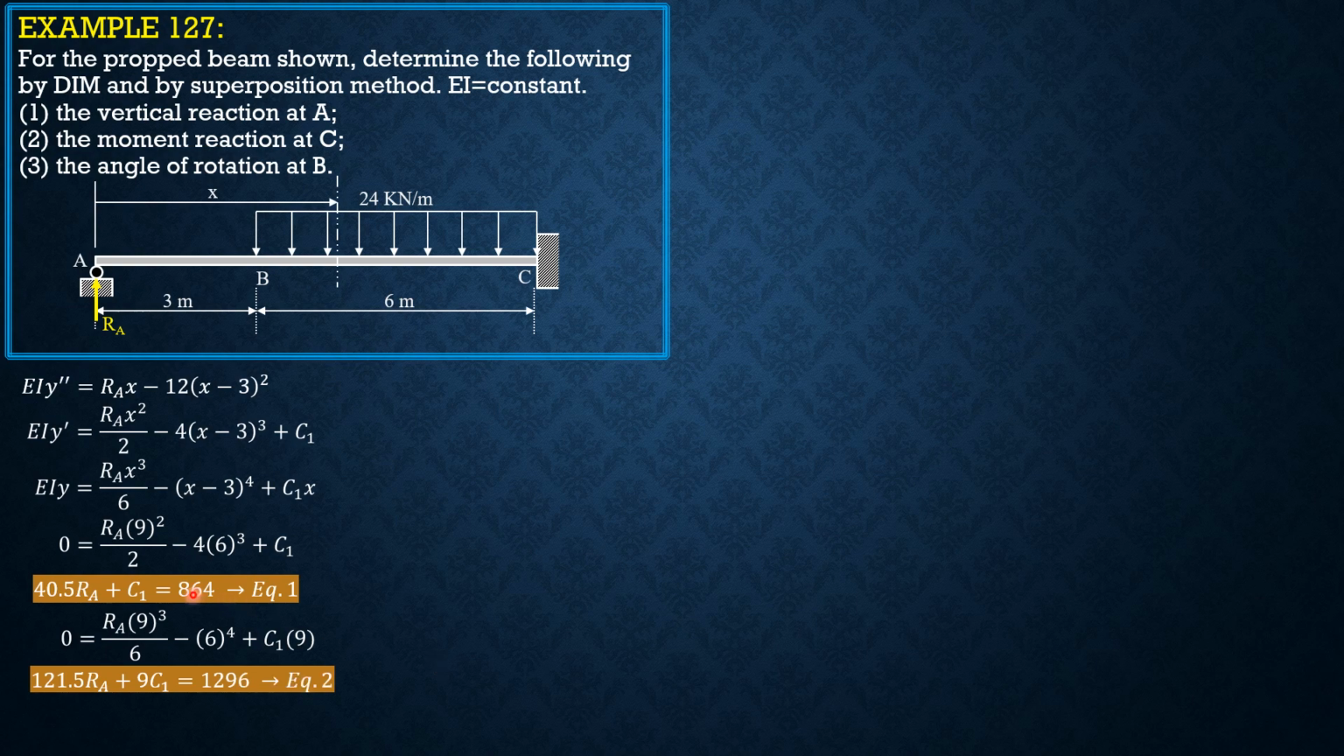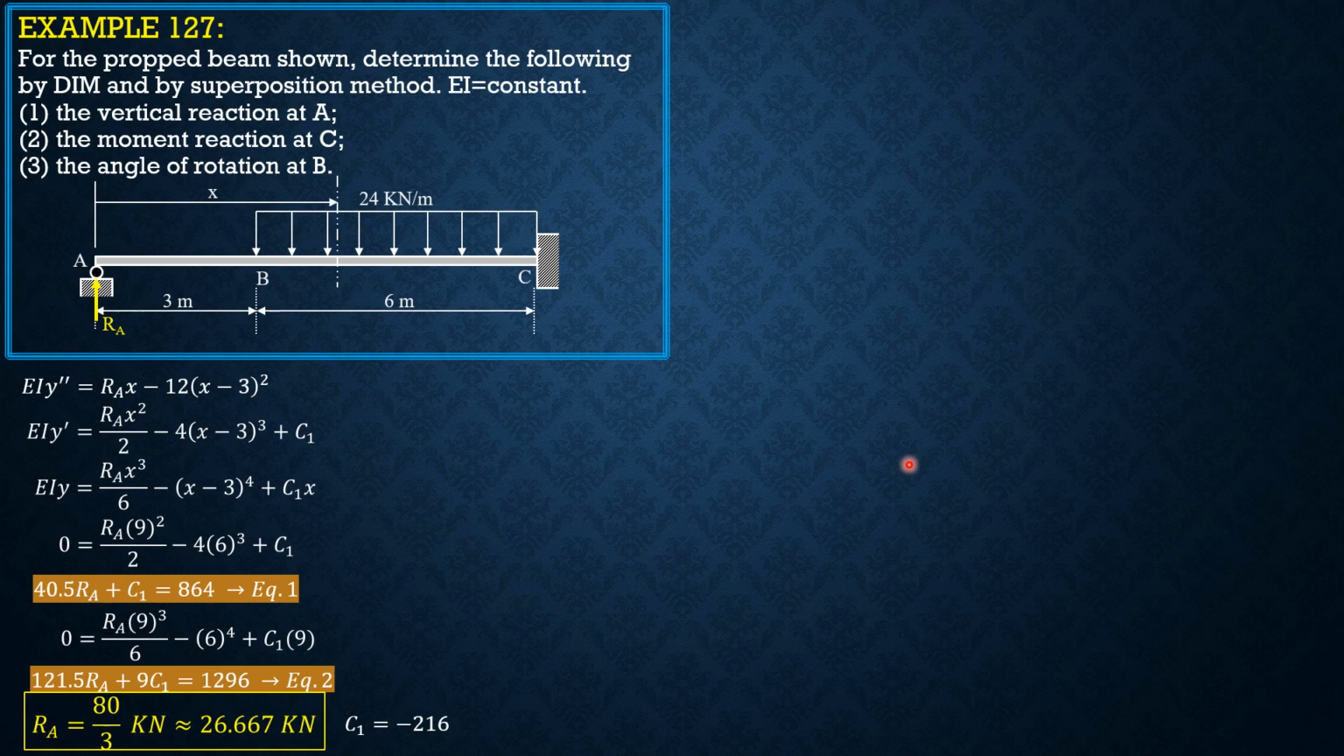So you may multiply equation 1 by 9, then subtract it from equation 2 to solve for RA. So solving these two equations simultaneously, R sub A equals 80 over 3, or 26.667 kilonewtons in decimal. Then into equation 1, C sub 1 would be negative 216 after we substitute 80 over 3 in equation 1. You'll get C sub 1 equals negative 216, the slope at A. So we can now